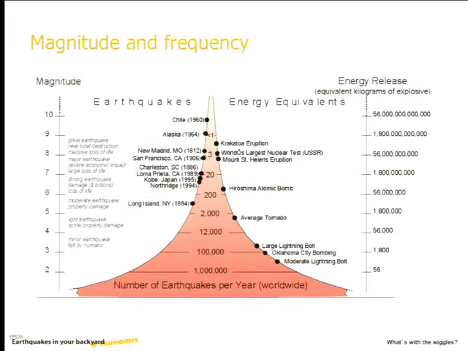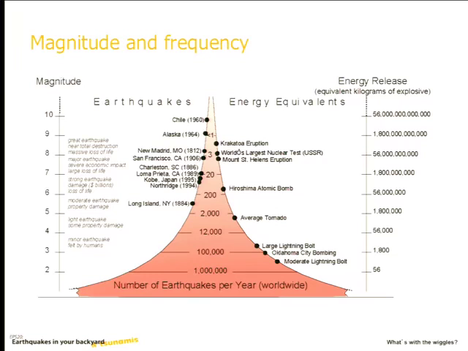Okay? So this kind of tries to put these various things together. The width at the bottom here is the number of earthquakes, and then the height here is the magnitude. And so we have many more. So magnitude 2, there's about 1 million per year. Magnitude 3, 100,000, 12,000, 2,000, right? Less than 1 once you get up to a magnitude 9. And what is shown on this side is some of these big earthquakes, the Chile earthquake, the Alaska earthquake. This figure was put together before the Sumatra earthquake, so that's not shown,